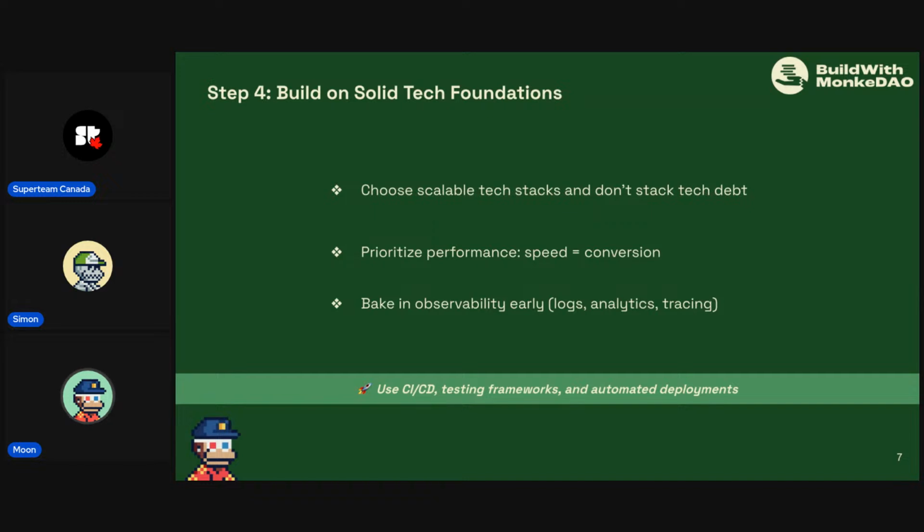Obviously, within the hackathon point of view, or within the purview of building on Solana, we know that when it comes to blockchain, Solana is obviously the most performant blockchain, and in most cases, rather than not, probably the best solution in terms of blockchains that you want to use. But within that, there's obviously a lot of other tech considerations that you should take into account when